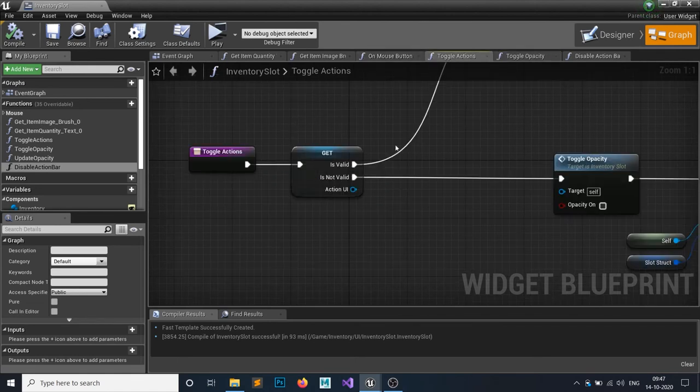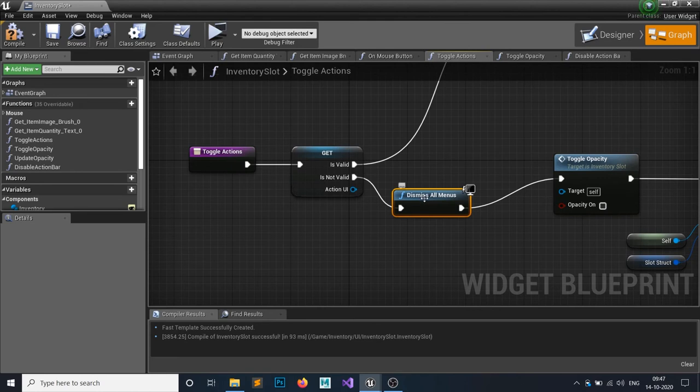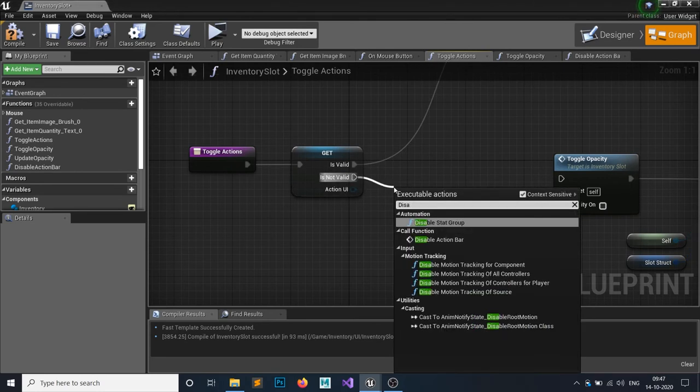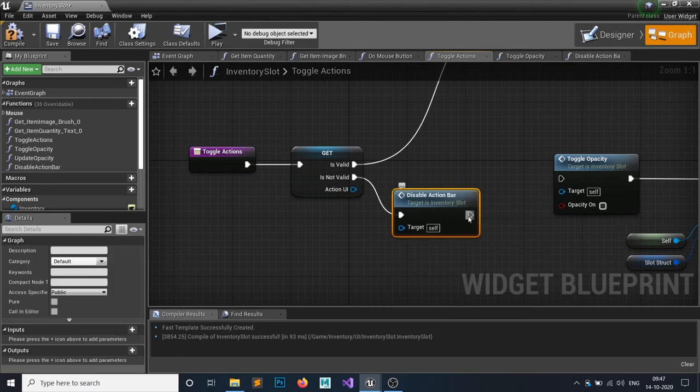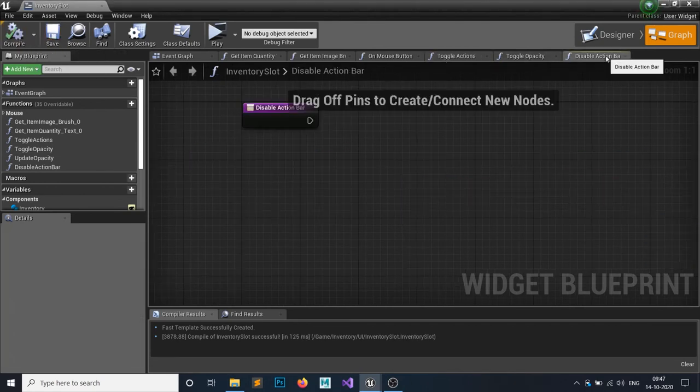And on the toggle action, we're going to call that disable action bar, yes, the function we have just created. So it will disable all the other action bars we are popping up in this.